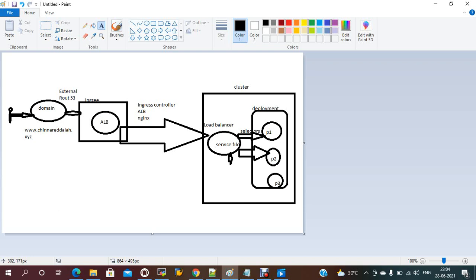Now to map the ingress with the domain name, we created a certificate manager. That certificate manager takes the domain name, and once that is validated you can get it working. For external DNS we can also do it with the service account, which is a Kubernetes API object. With that also we can map the external domain, and it is validated automatically.